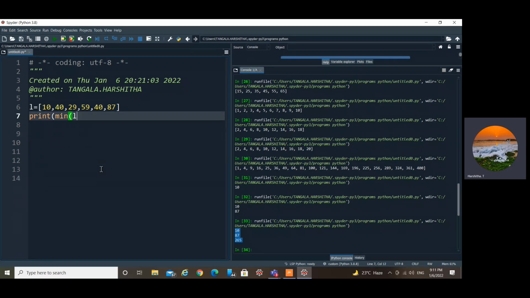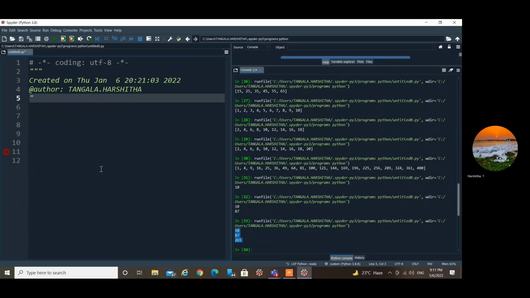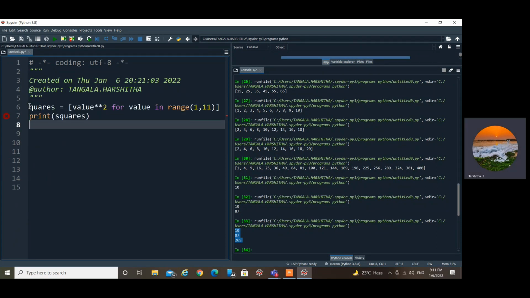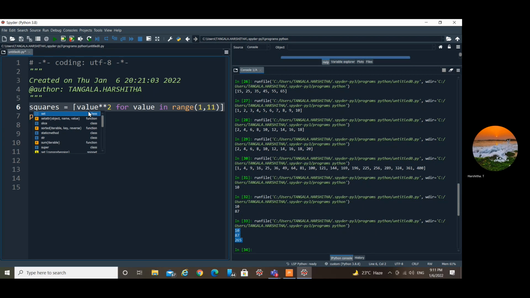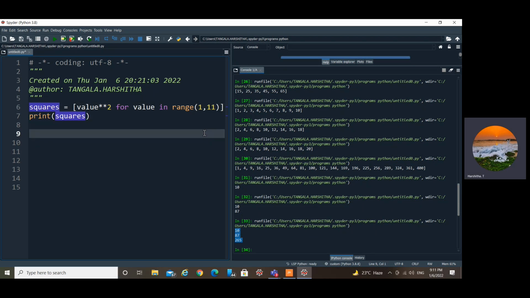Here is the code. You want squares; before, you used a for loop. I mean, you followed the syntax of the for loop. This is the beauty of list comprehension, so that you can give one line of code